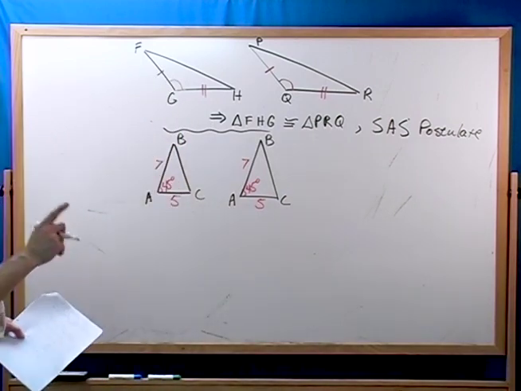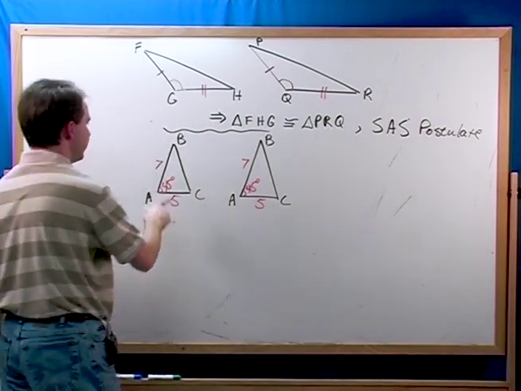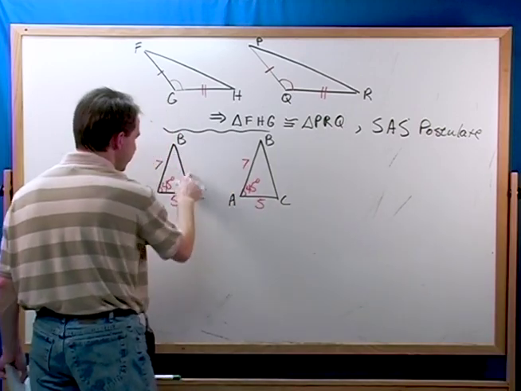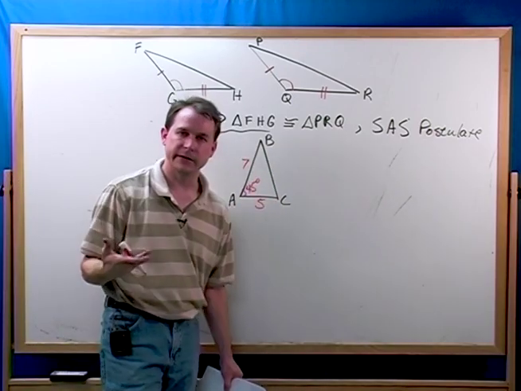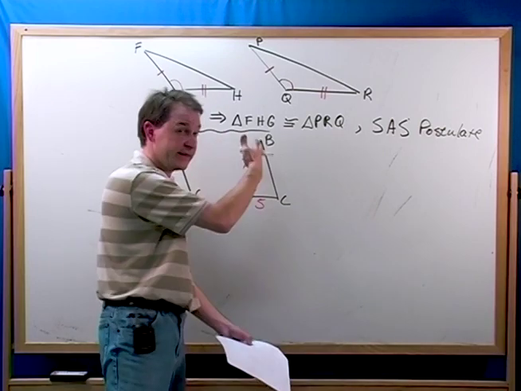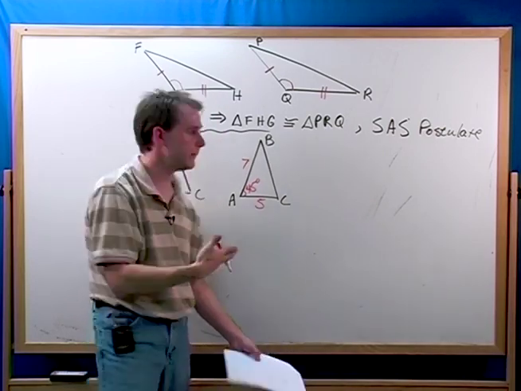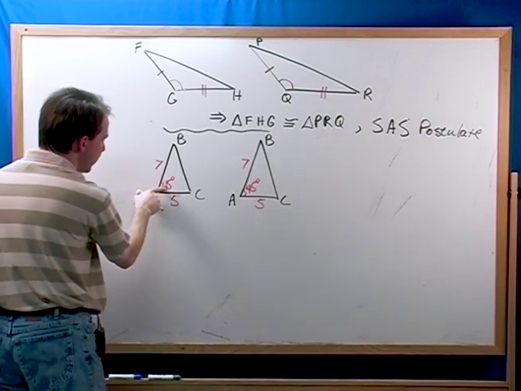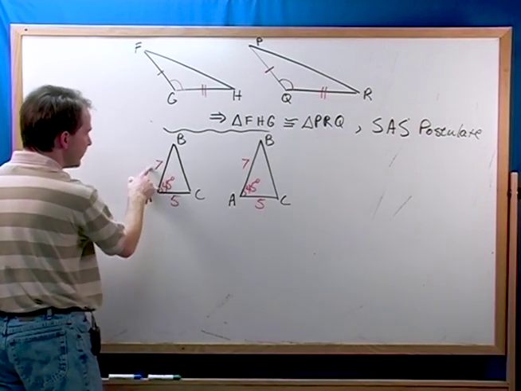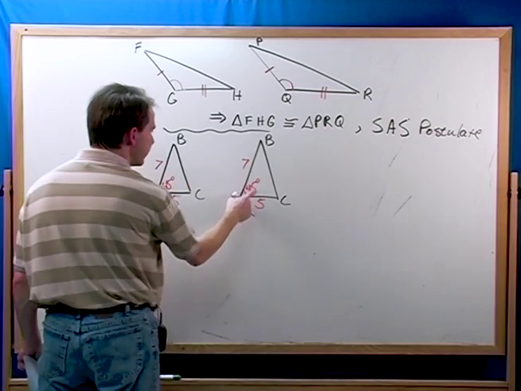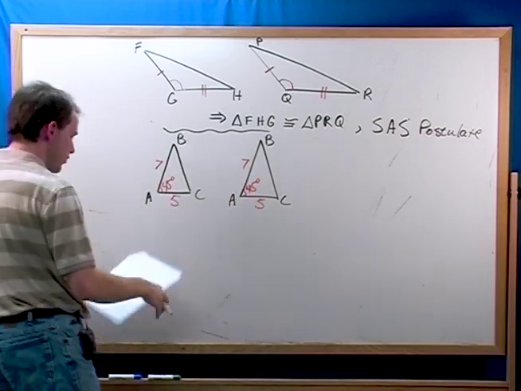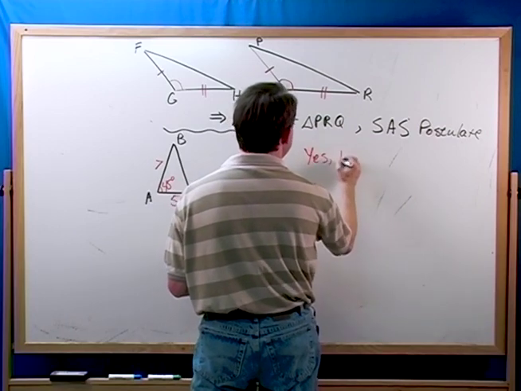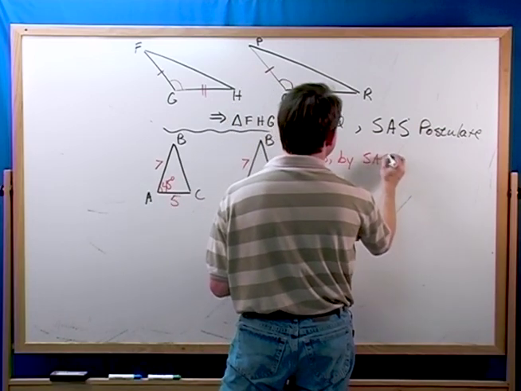So you cannot use the side, side, side postulate because, yes, this is congruent to this. This is congruent to this. But this one, you really don't know what the length is, so you really can't prove that it's the same, even though it looks like it's the same. But what you do know is that this side and the included angle and the other side are all congruent. Side, angle, side. They're all the same. So what you could say is that, yes, they are congruent by the side, angle, side